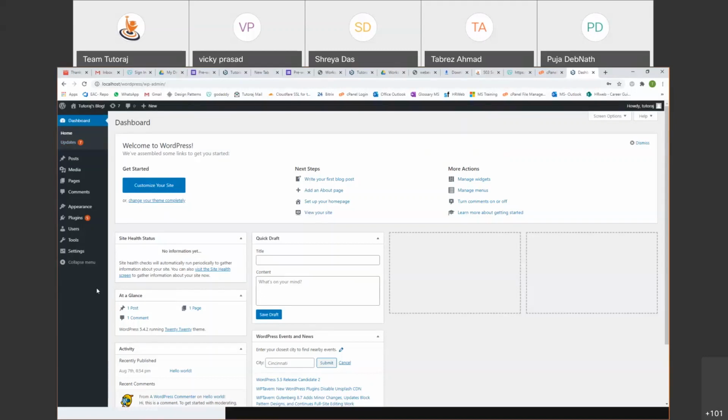And one important thing here, guys, in case you are not able to do the same stuff in your local machine, don't panic at all. This is not rocket science. It is very easy to do. If you simply watch what I do, you will be able to do it later. In case you're not able to log into your WordPress, or if you've forgotten your password, or Bitnami is not installing, don't panic at all. You can simply do it within half an hour to 45 minutes after the session is over. So don't panic.